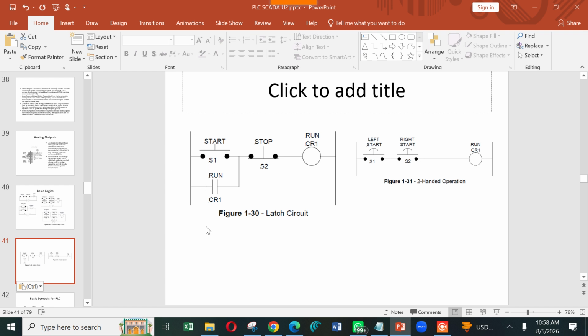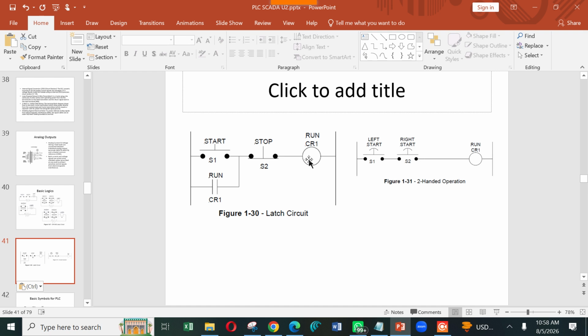Consider these two lines as supply lines, like a power supply line. If you press the start push button, the power supply will come like this. Since the stop is already normally closed, the power will pass through the stop, then this coil will be on.